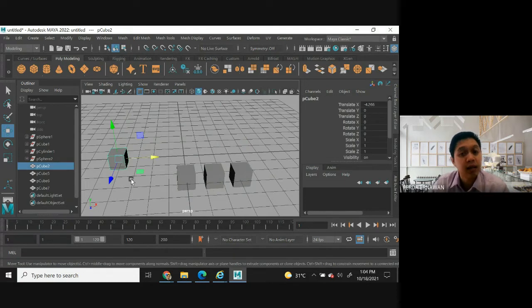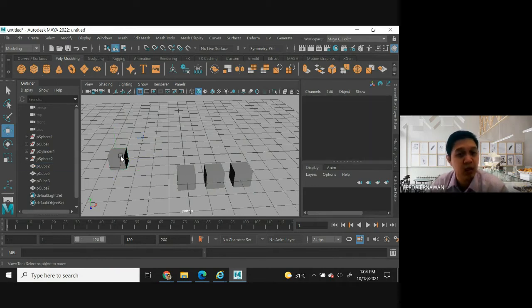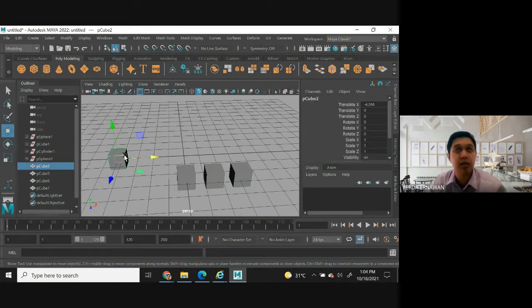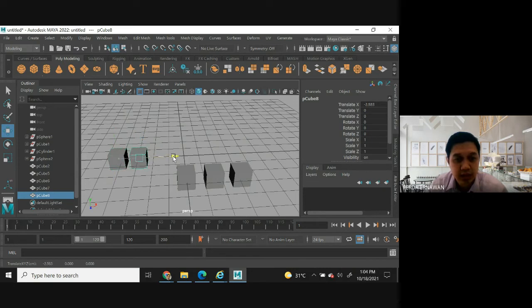Okay. Another one, we also always use this technique, which is copy the transform feature of the object. Example, you press Shift D. You have to select the object that you want to copy the transform feature. Let's say I select this cube, and then I Shift D, and then you move it. Let's say it's quite far, for example, 3, maybe 4, yeah, 6. You can see the translate X here, 0.5.